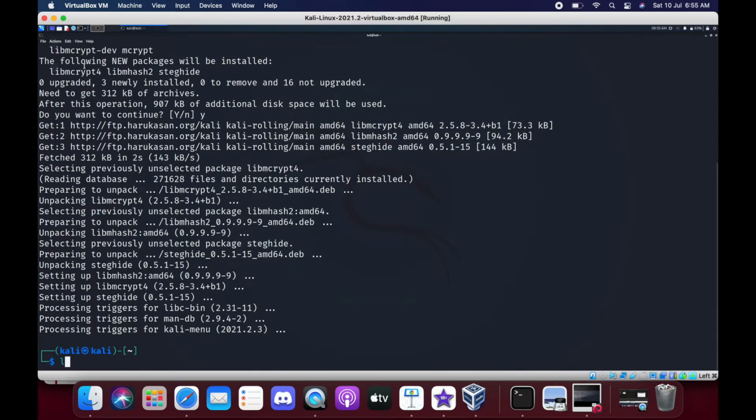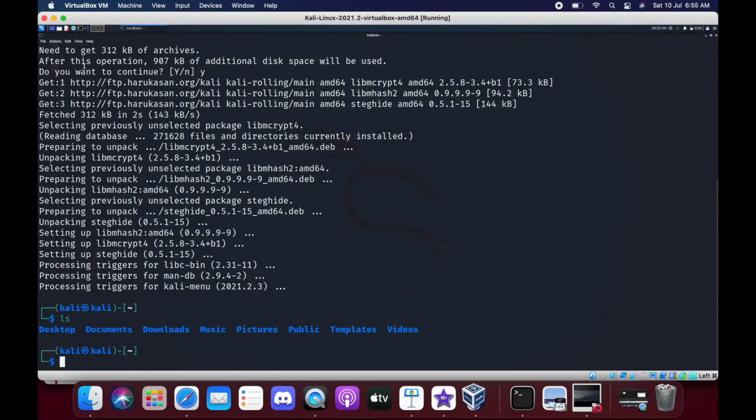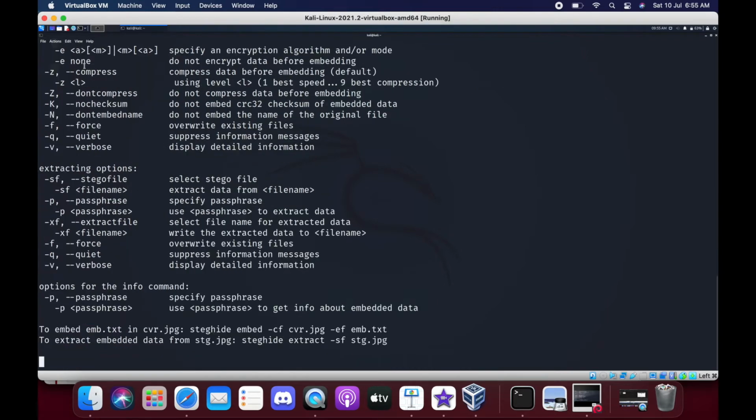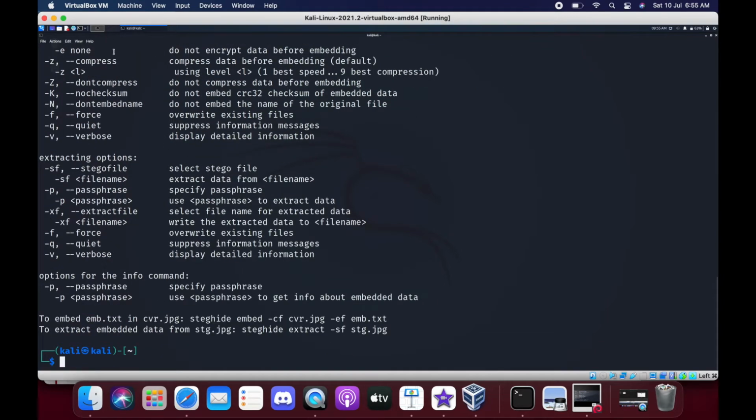Okay, so how can we know that steghide is installed? We'll just type steg and press tab. It says we have steghide here. If we enter it, we'll come up with some options.